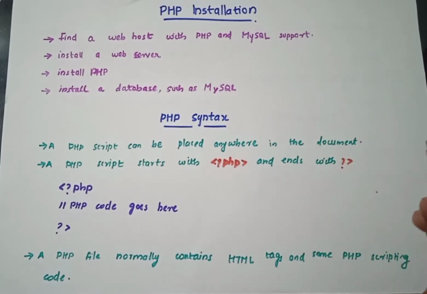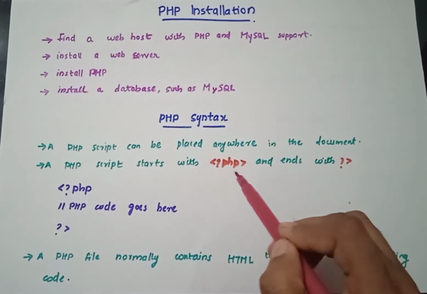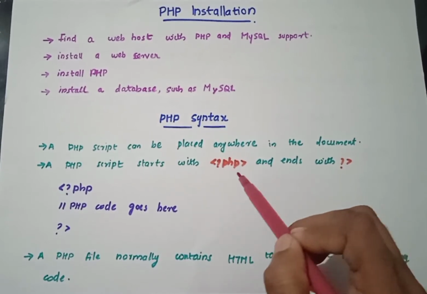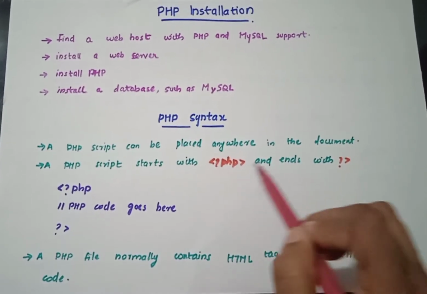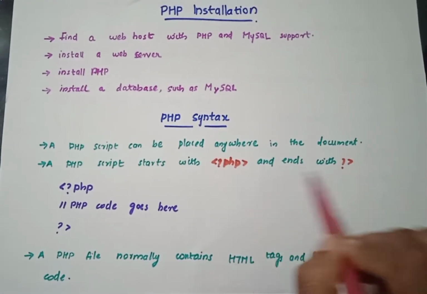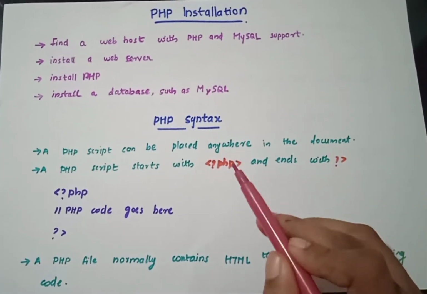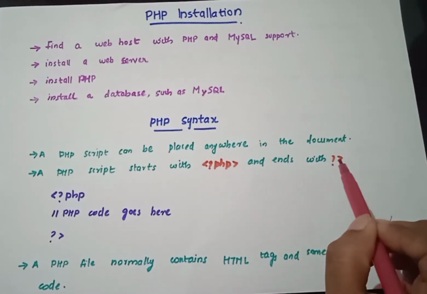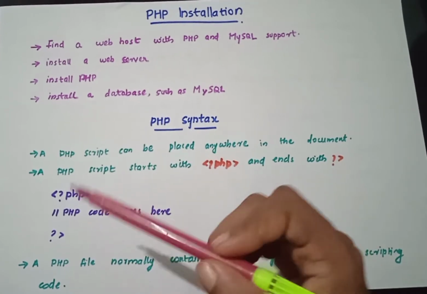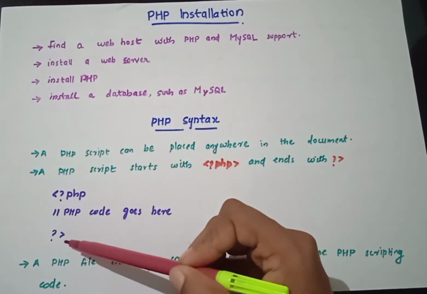as like how we define our normal HTML pages. We use the HTML tag and doctype HTML definition and all. Like that, here also we have a start tag and end tag. That's mainly the angular bracket having a question mark and PHP, and it ends with just a question mark and one angular bracket. Okay, so this is the first thing to keep in mind. Whenever you start to write the PHP code or script, you need to write these things inside these two tags. So this is how it looks: we have started like this and ended like this.